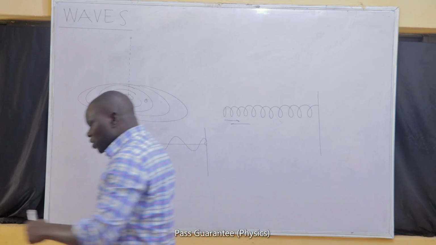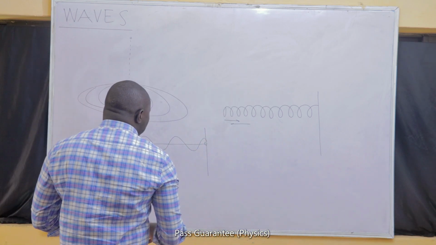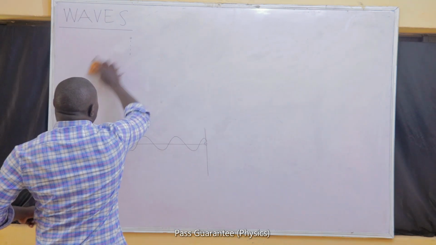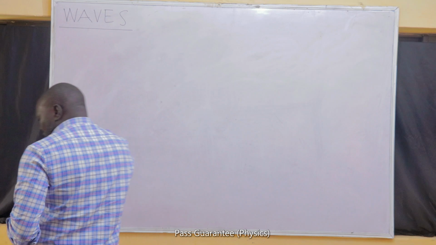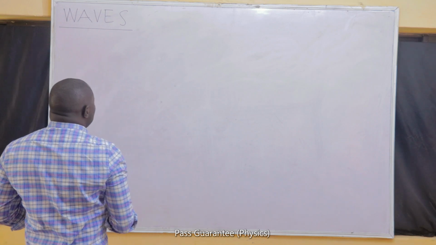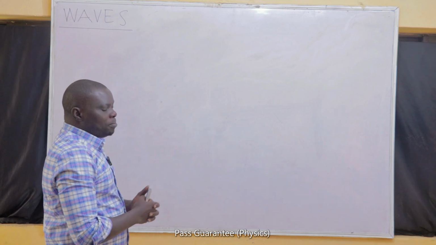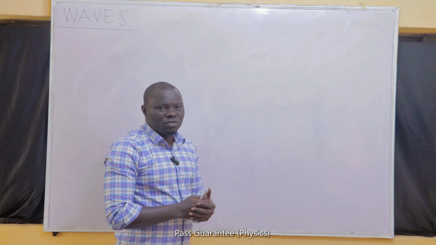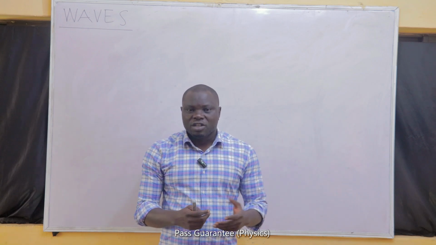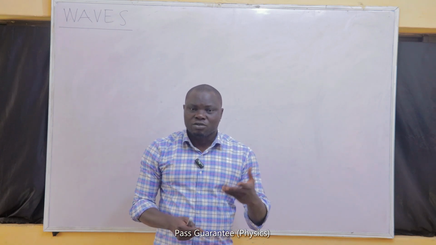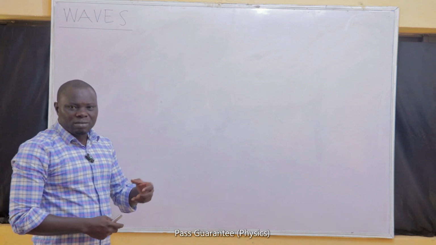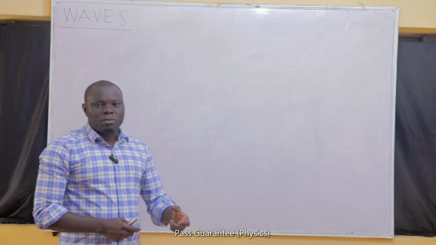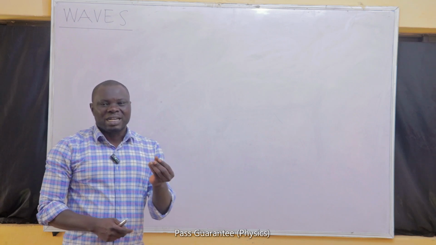Now, how do we classify waves into the various types that it has? There are three different ways by which we can classify waves. The easiest of them all is classifying waves based on the requirement of a material medium. From our definition, we have learned that a wave must travel through a medium. But I was saying earlier that the medium that is required for a wave may not always be material.